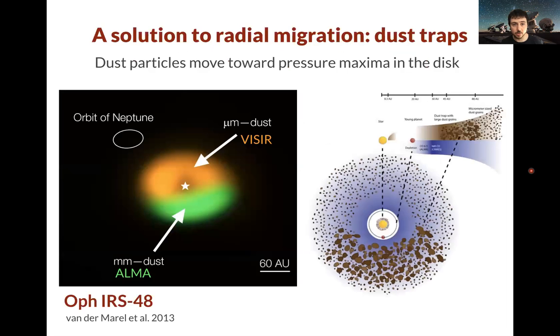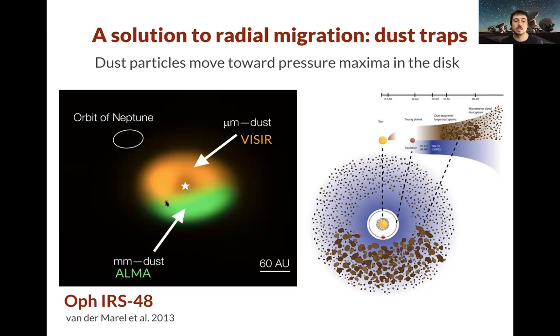Now, luckily, ALMA also gives us access to the proposed solutions to the radial migration issue, which is dust traps. So when you have a pressure maximum in the disk, that is believed to retain large grains. And you will start accumulating millimeter and centimeter size grains, which can then grow to larger sizes and eventually form planets. One example of that would be this object, IRS-48, in orange, and it's a complete donut,